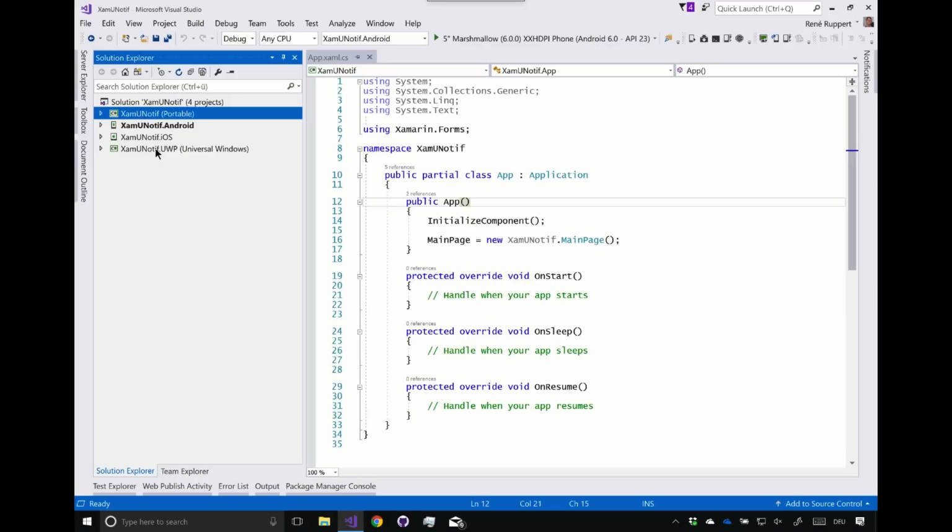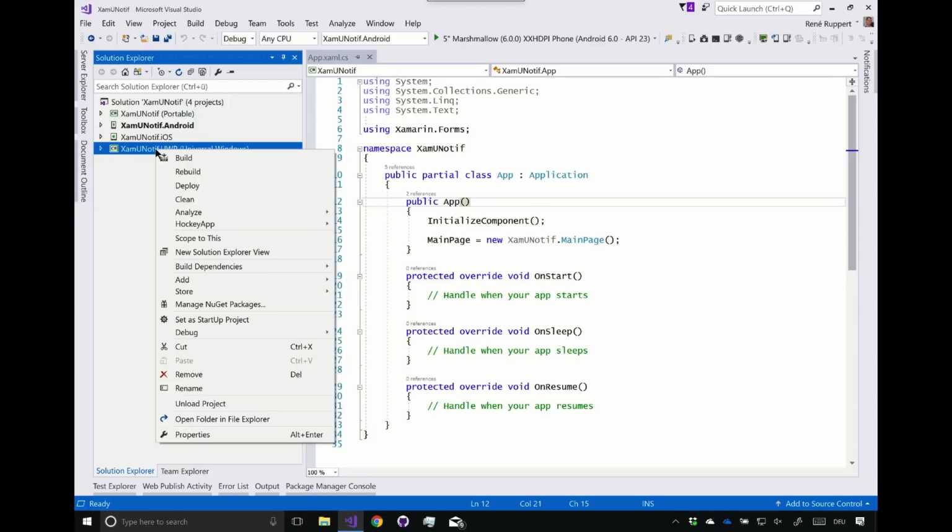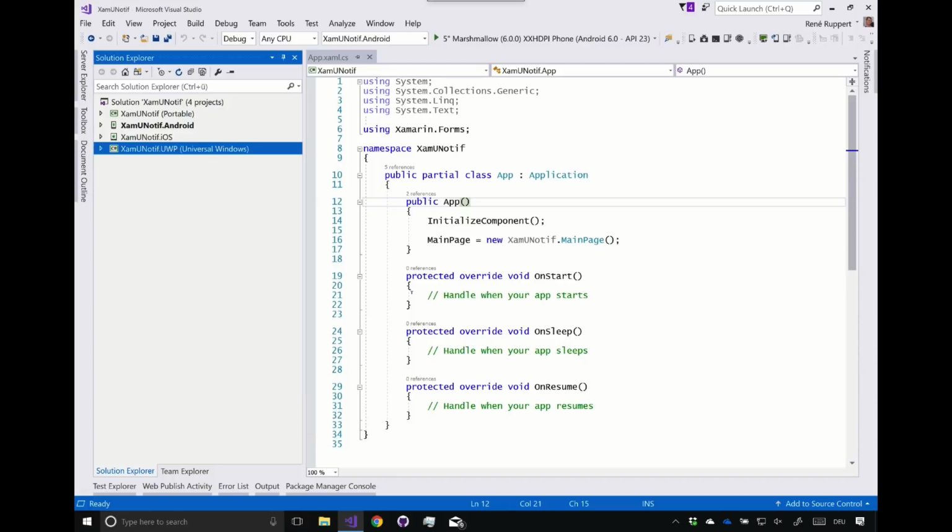This is what will become our notification client. But here in the context menu, I can select Store, and in Store I can associate the app with the store. And if I do that, it walks me through the process of setting everything up that I need in order to get push notifications to work,